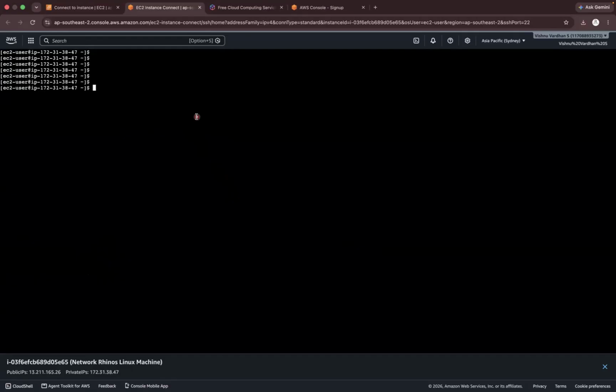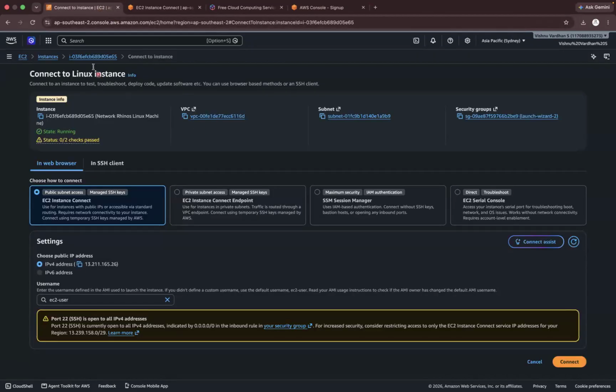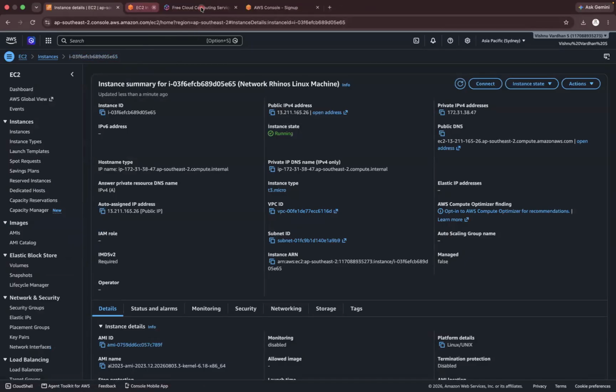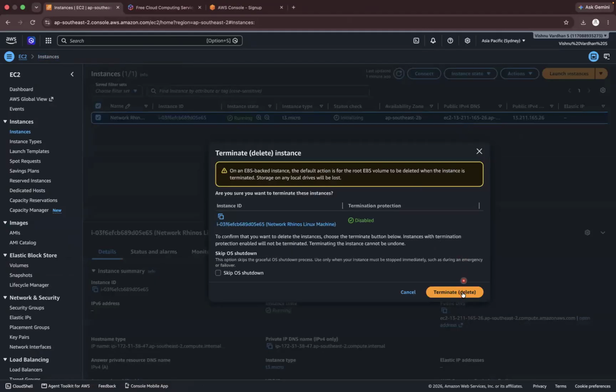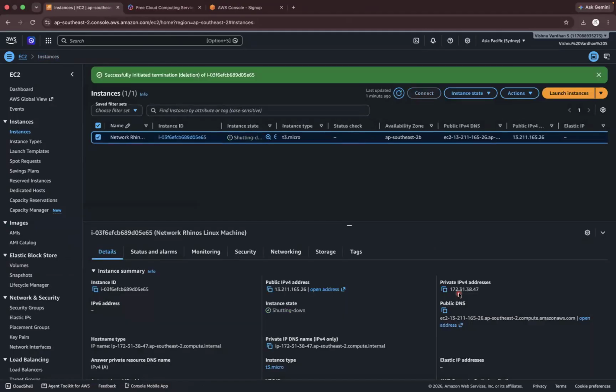Like this, you can also create a Windows machine or a Mac machine online, and you can use it for some time and you can even stop it. So one good habit, always keep it in mind: whenever you create a machine or open anything in your console portal, always delete it immediately after practicing in the lab, because it will increase the charges on your console portal. So terminate the instance. Once you use it, delete it. Some people keep it as it is, so don't do that. Whenever you launch a machine, always close it if you don't want to do anything with it for lab purposes.